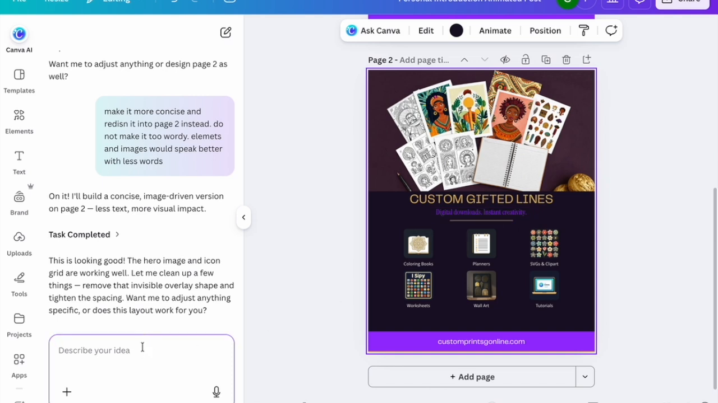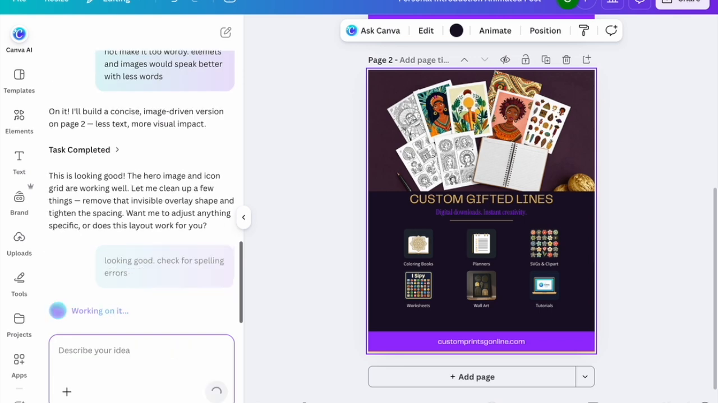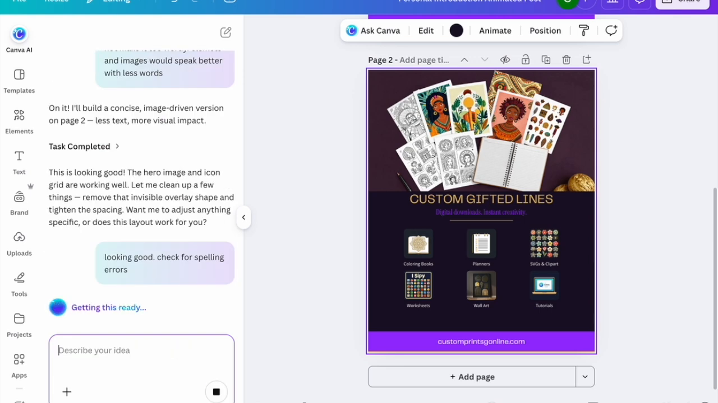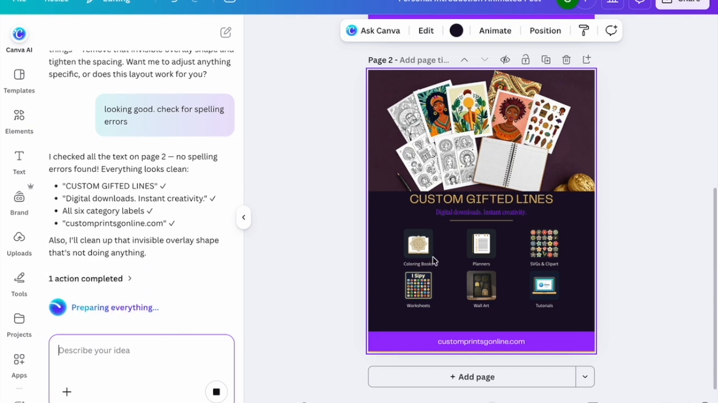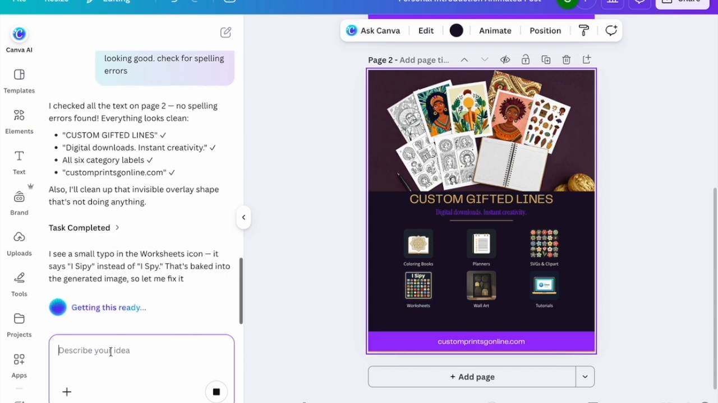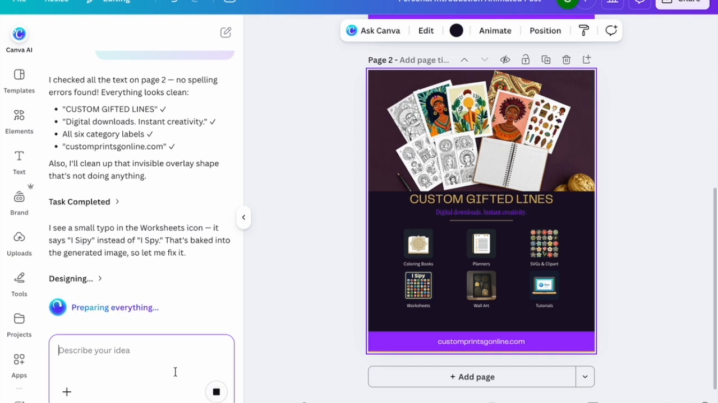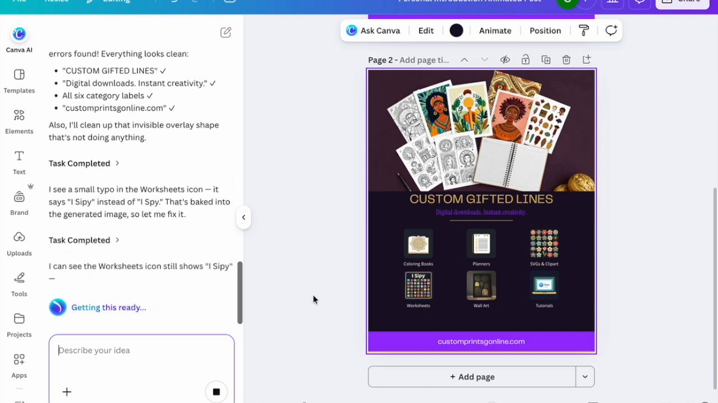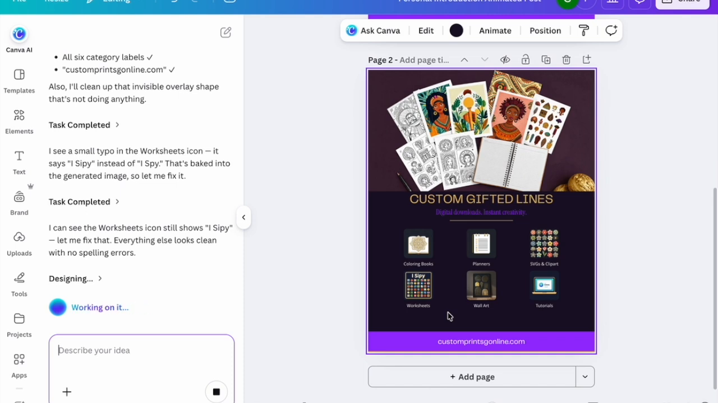I am actually noticing spelling errors, so I'm going to ask it to fix it. Without me saying anything, it actually found that spelling mistake and then it says it's going to correct it. In real time, we can see the changes it's making. All right, so it's getting ready and preparing. You can see that there are a few glitches happening within the image, but the spelling still remains not correct,